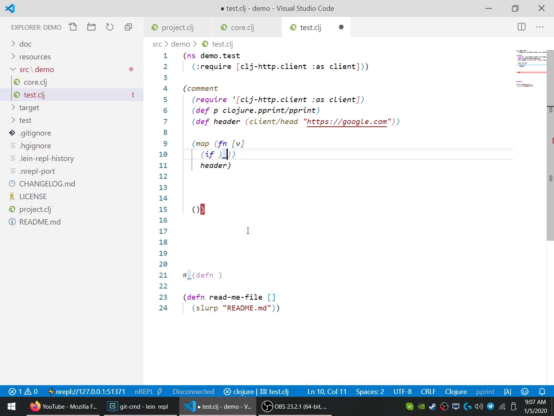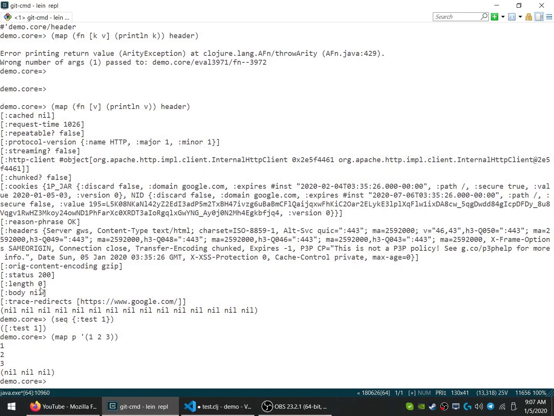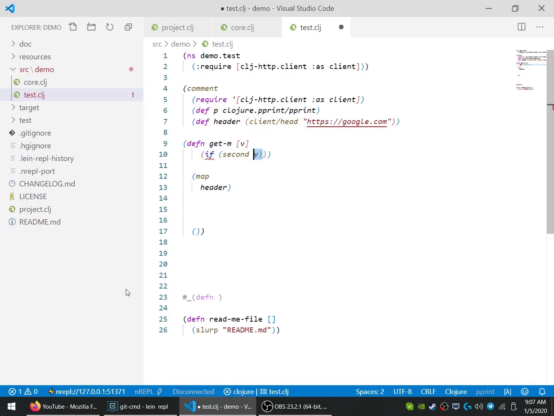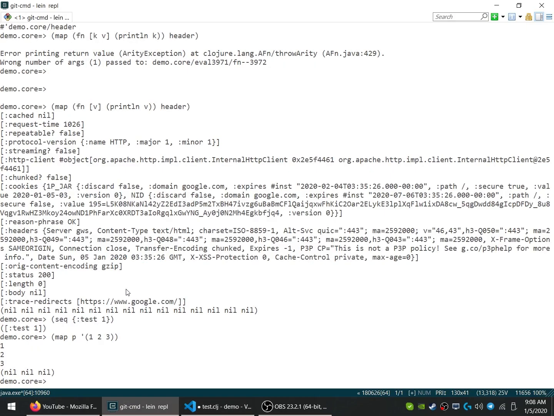okay, before we do that, right, we can define it in here. We can say defn get-maps, and then we can pass in, say, second, which will get the second value. That is obvious. If the second value is a map, right, hash map, to check whether it's a hash map, go to the Clojure doc,